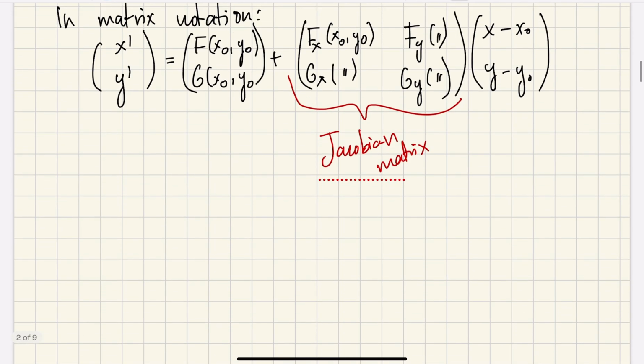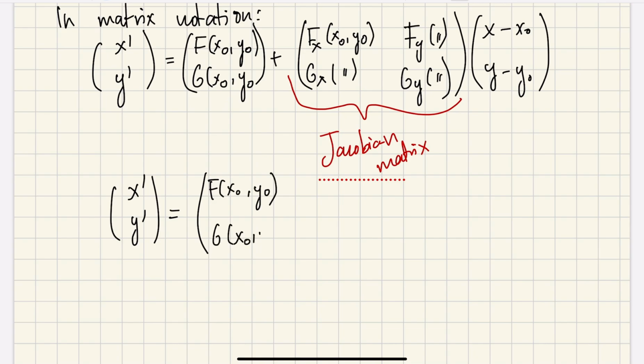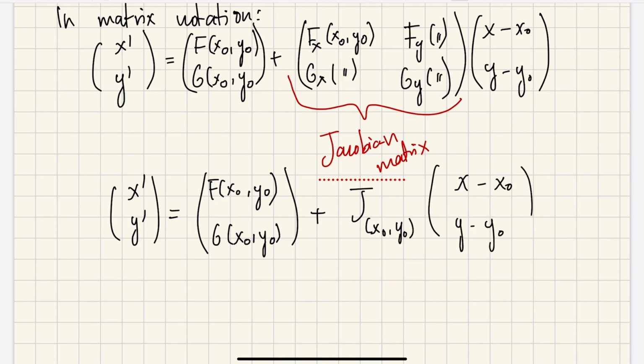Now if we want to write this simpler, we can write y prime, x prime, y prime is equal to f of x of xo, yo, g of xo, yo, plus the Jacobian matrix at xo, yo times x minus xo, y minus yo. Now at critical point, xo, yo,